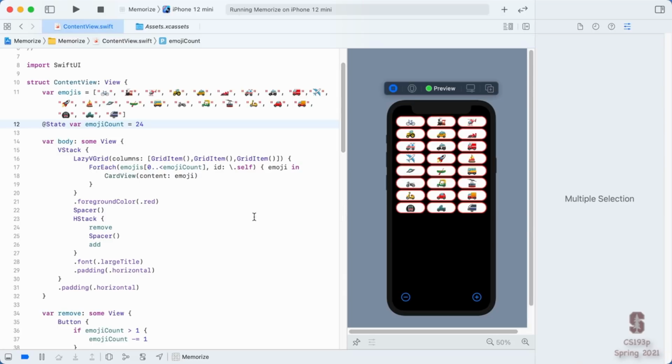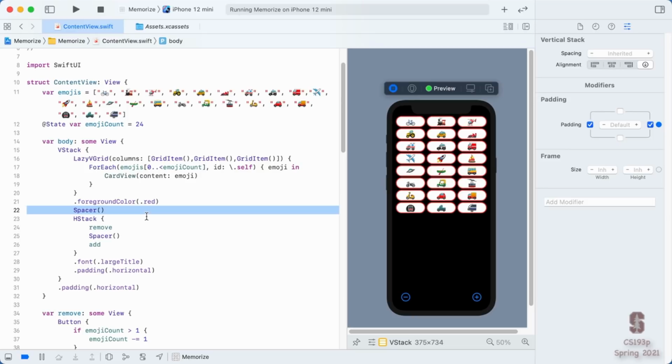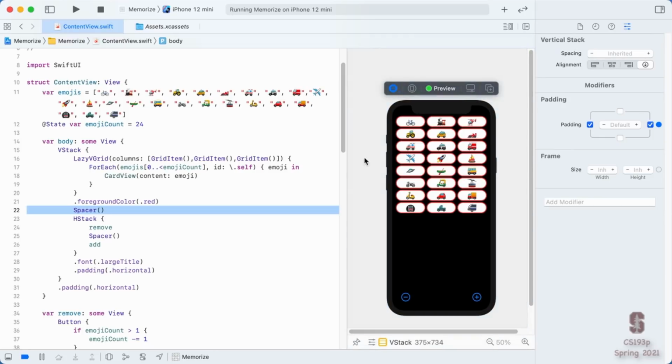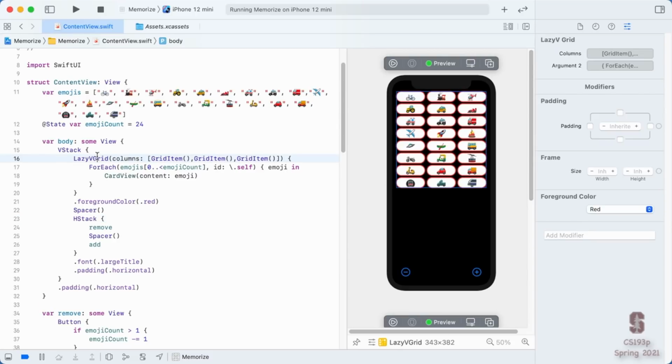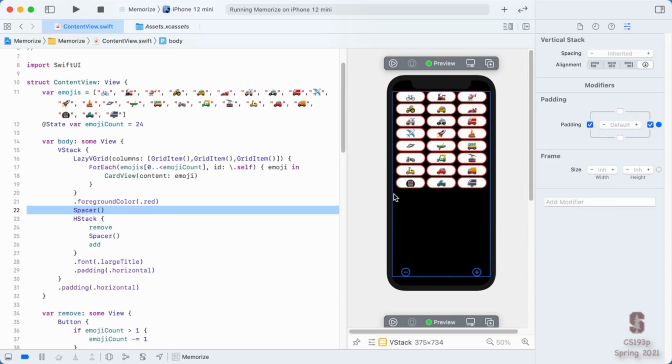And there's another thing to consider when it comes to these different strategies between LazyVGrid and the HStack, which is this spacer right here. When we had an HStack here instead of a LazyVGrid, the HStack was using all this space, so our spacer just ended up being this tiny little sliver of space between our buttons at the bottom. Here, I'll make it so we can select them. Our buttons at the bottom here and the HStack that was at the top. But now that we've used a LazyVGrid here, it doesn't use all its vertical space, and so the spacer has taken up all the space in between.